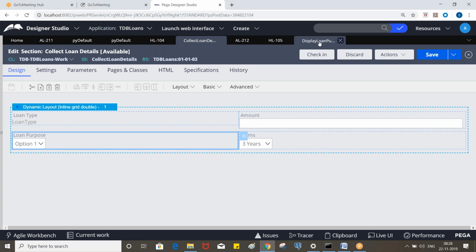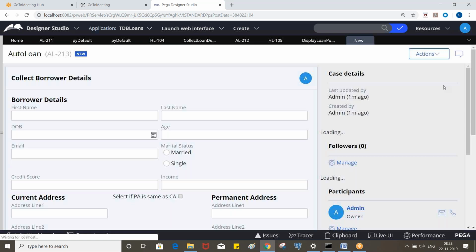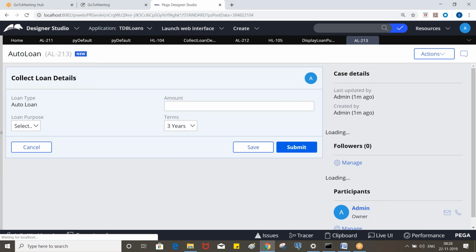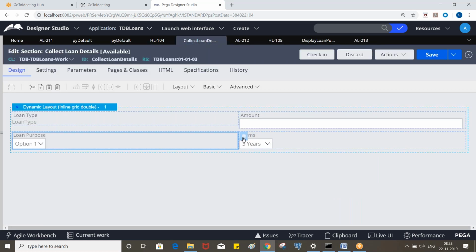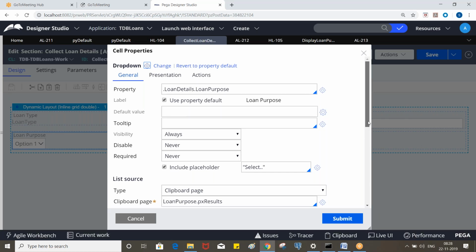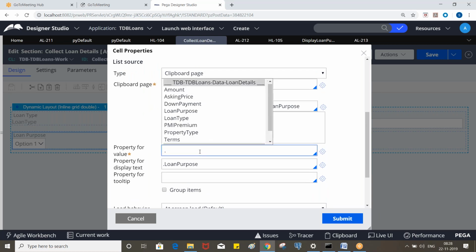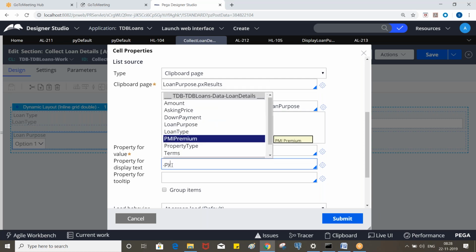So now let's execute the flow and we can trace it. We specified the property for value, which is loan purpose, and the display text is pyLabel.